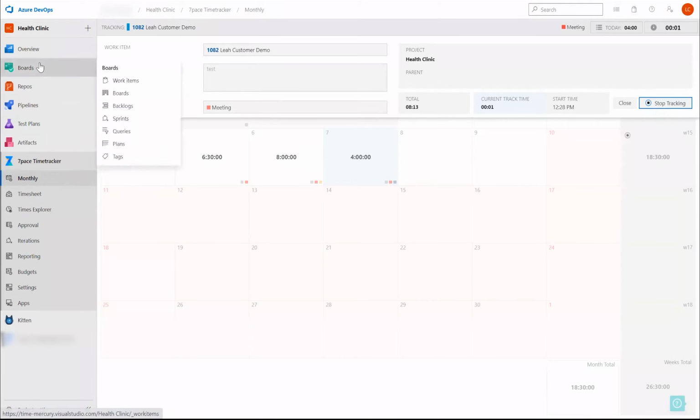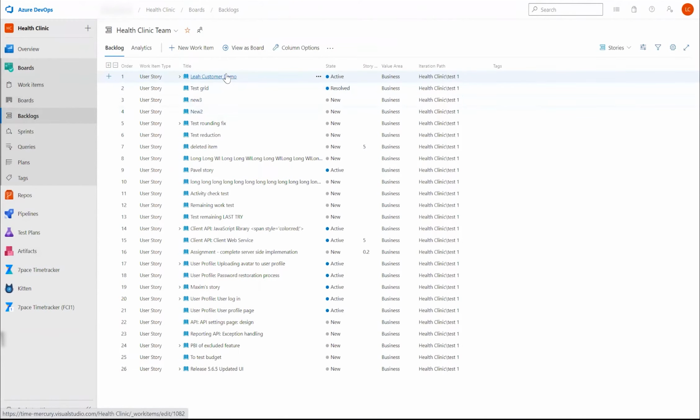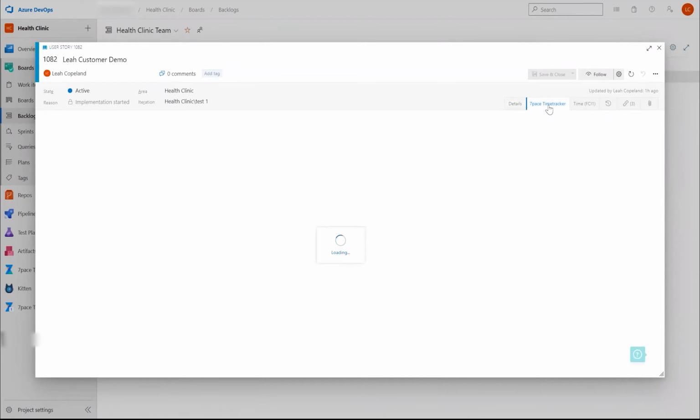So I'm just going to go back to the boards here, so you can see. So if you were to open, for example, I'm going to go back to the backlog. If I were to open this specific work item, which is a user story, you can see here that when you open any work item within Time Tracker, we have the Start or Stop Tracking button and the Add Time button here as well. We also have a 7pace Time Tracker tab that is added when you have Time Tracker installed. So if you click on that 7pace Time Tracker tab,